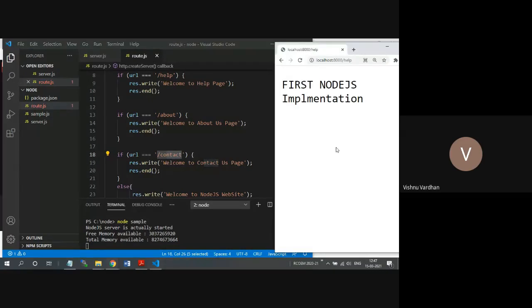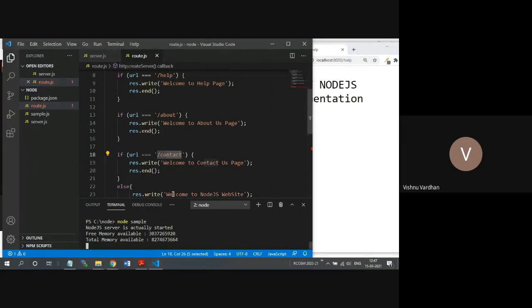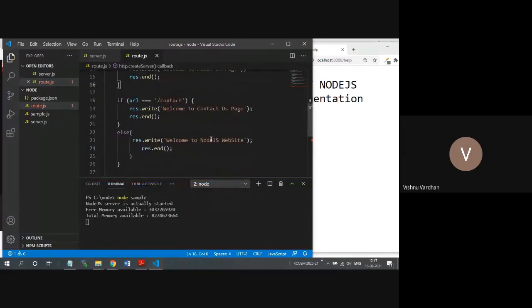So let us see if this executes. Suppose I am entering this, nothing is happening because I have not recompiled. After every manipulation on these Node.js pages, you have to stop the server and restart with that page.